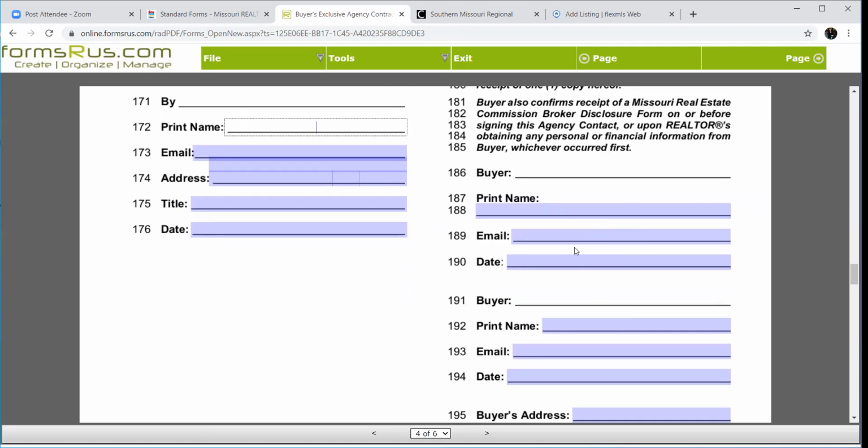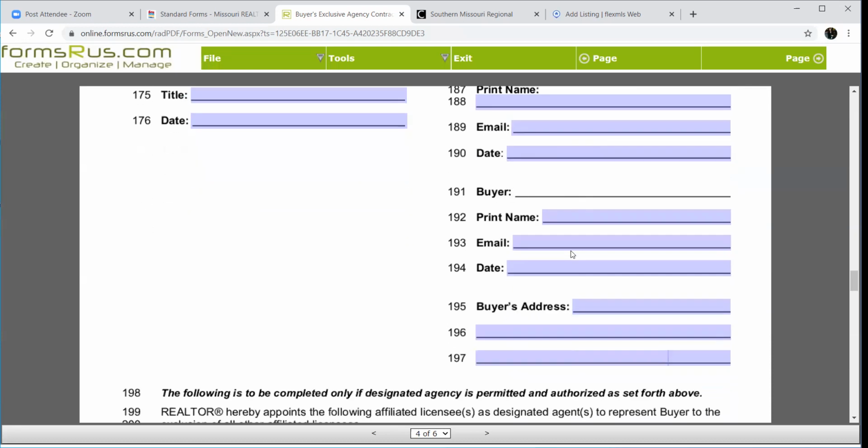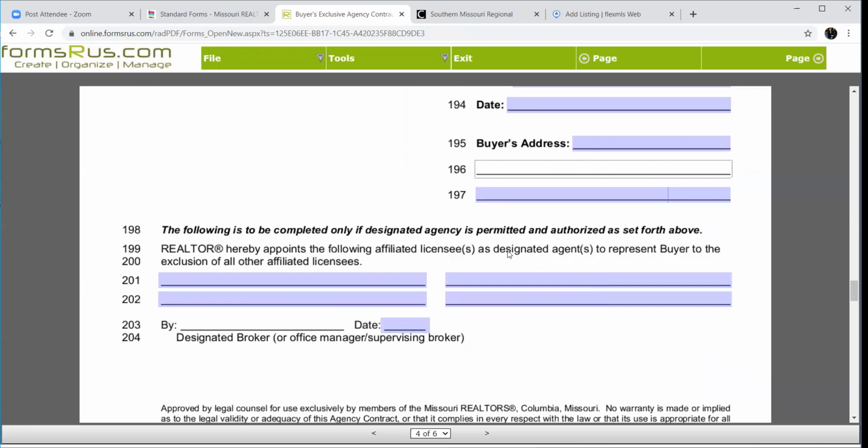Now on the seller document, it was important that we had their email. I still like to capture it here because then I know where it is. I can always go back to this document and reference that as well as their address, okay? Just in the event that I ever need that, I know where I can go find it. So I do try to get those things on there.